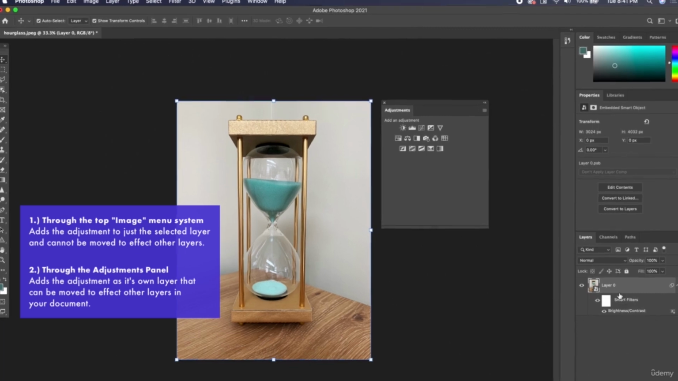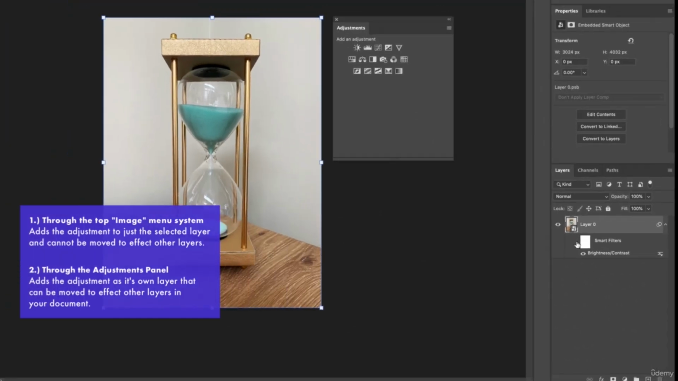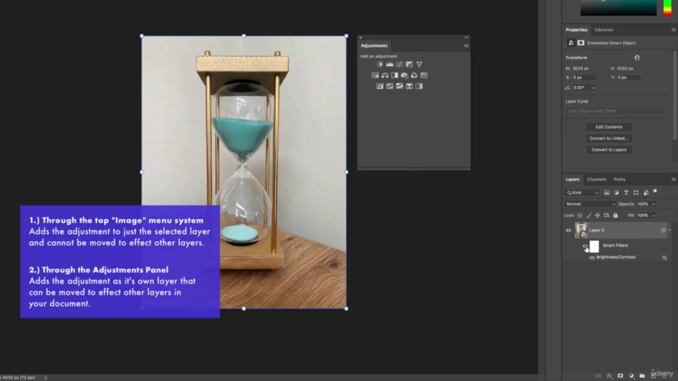And you'll notice because I have this as a smart layer, any adjustment that I add, it's going to add it as a smart filter, because if you add any kind of filter or adjustment on a smart layer, it's going to be a smart filter. What is amazing about this is I can toggle this on and off. So I'm just doing the visibility on and off, so that's before and after. And I can also delete it. So if I just click this smart layer and drag, I can delete that layer